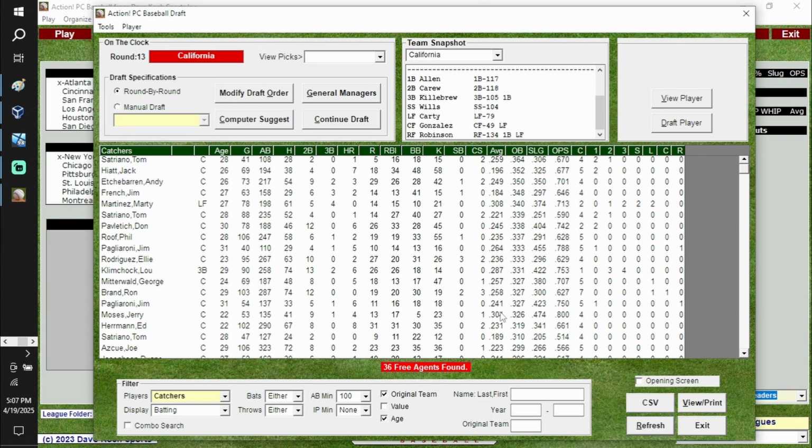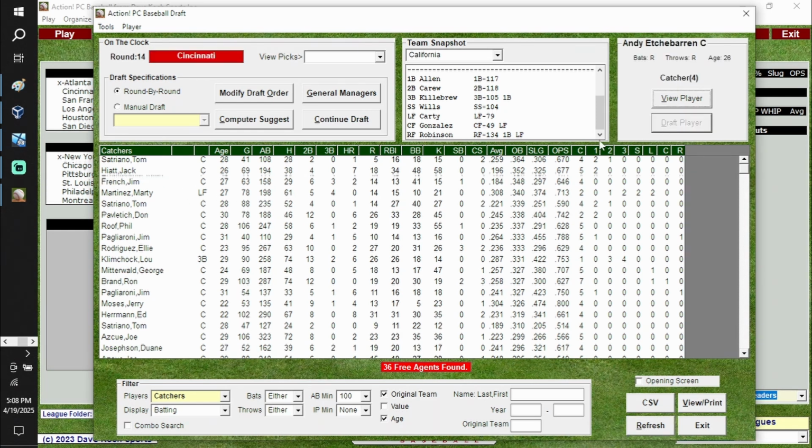And Pavlovich. I do want to get Jerry Moses, but I feel like we can wait another couple of rounds here. So I think for defensive purposes, we'll take Echebarren as our primary. Okay,